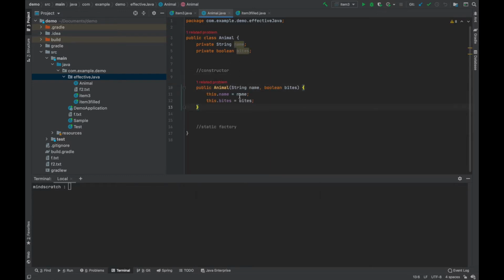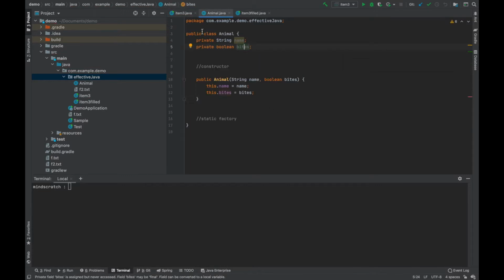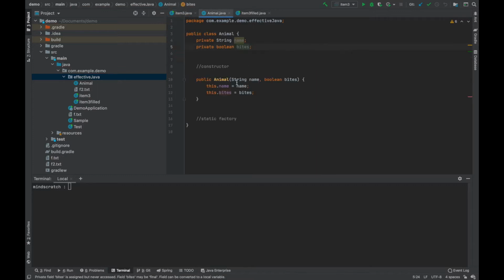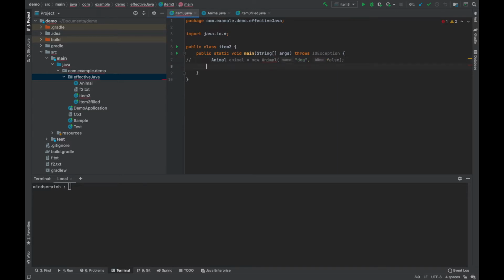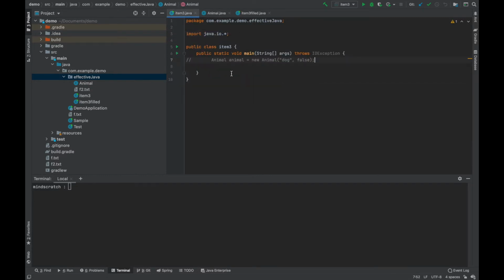So let's say I'm taking these two fields and I'm having this constructor. Now I want to restrict another class from making an instance of this class. I don't want to allow this. So for that, what I can do is make this public constructor private. So this won't be accessible. Let's comment this out for now. But now if someone wants the instance, at least one instance should be there, right? To enforce the singleton property, there should be only one instance. But using this, we can't create any instance outside the class.